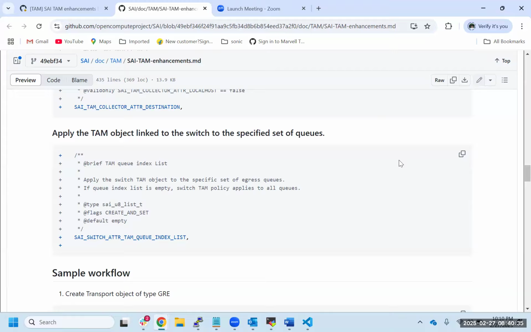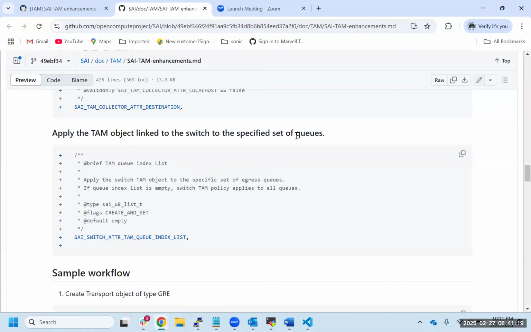Your current design already has attributes for this, right? What we added in the first phase, you had every queue as an object called SAI queue at a TAM. So, is there a problem using that? The problem is, let's say, the device has some feature which can be done only uniformly across all the ports. True, but in that case, you can argue that it's a bloated workflow. You have to do many more steps to achieve the same thing. That's the argument I can see, but it should be doable as far as workflow is concerned, right?